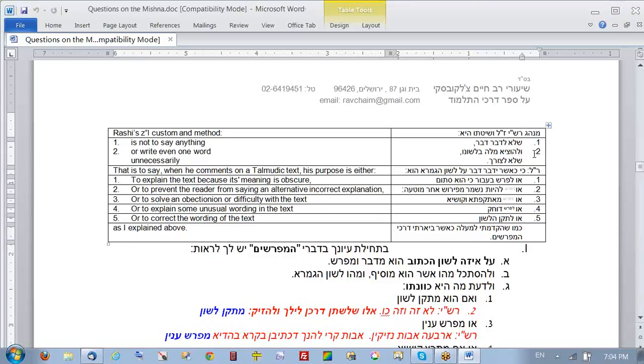He is at the level of the mission, in the sense that he is not going to say any single word unless it's absolutely necessary. Someone wrote a book here recently called What's Bothering Rashi? Because if there's no problem, there's no reason for Rashi to speak. So there always has to be some issue that Rashi is addressing. Now, what are they? And he says it's even one word.